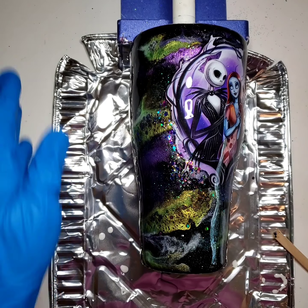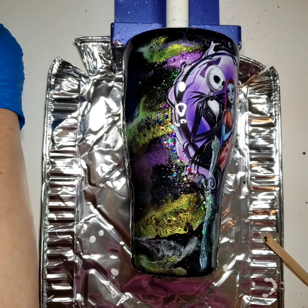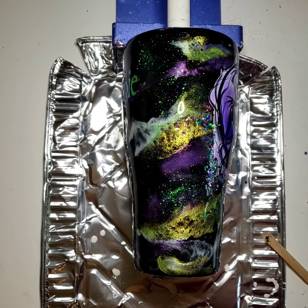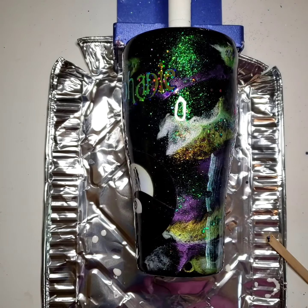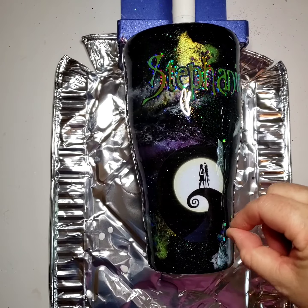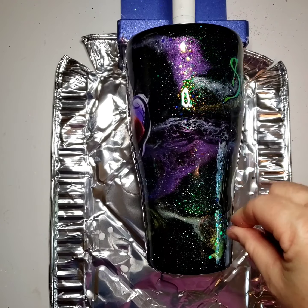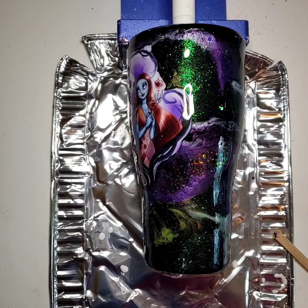Okay. I think I'm going to not use the scooper and just use my fingers, because I think I'm going to get better control. Like that. Then